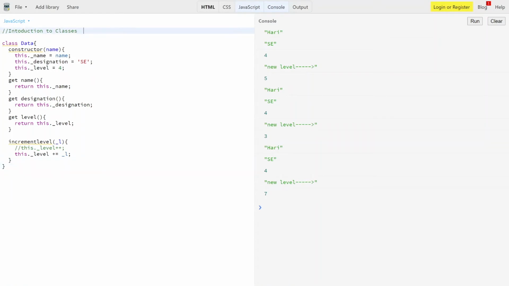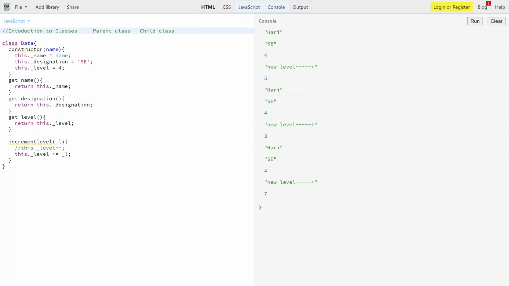We have a parent class, and then we have a child class, or we can say super class, or we can say donor class, but logically its name is parent and then child class.